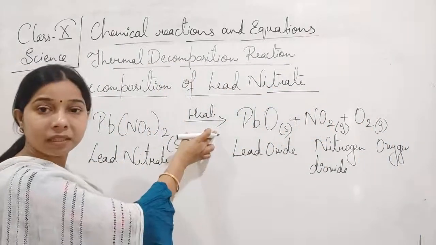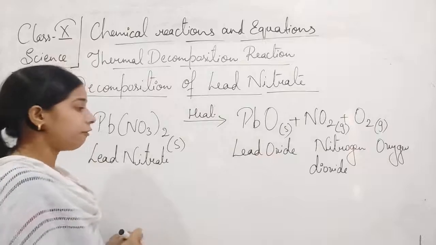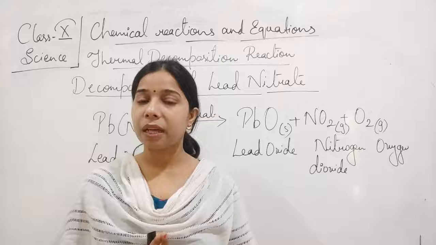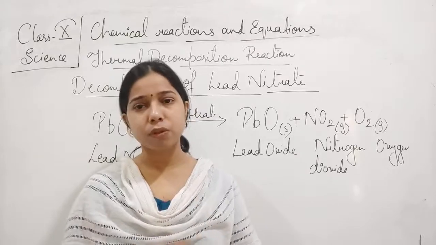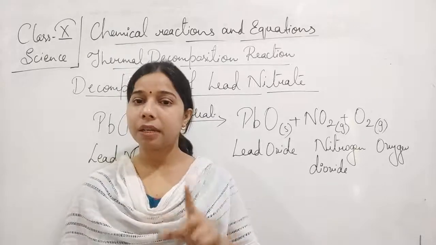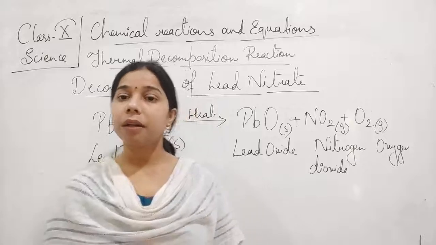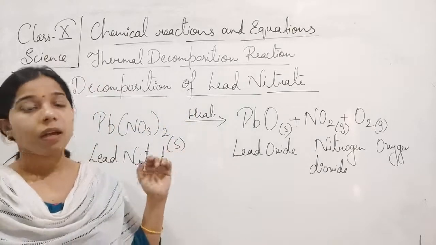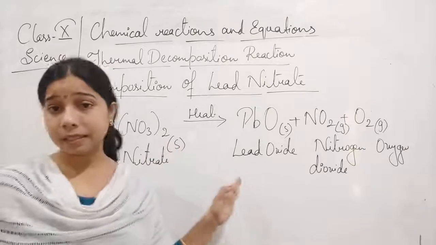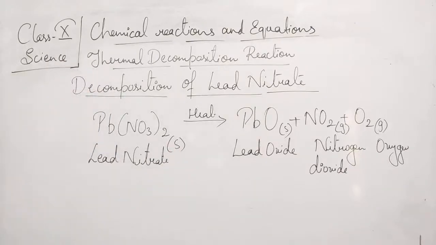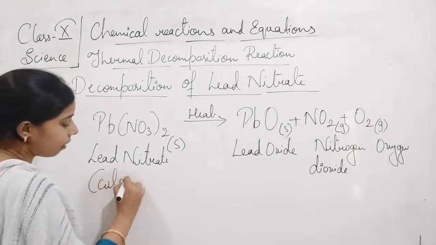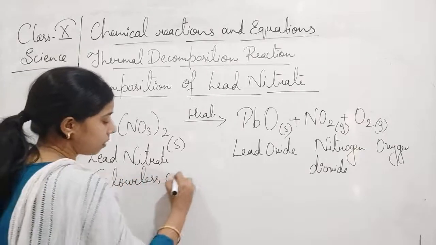We have supplied the heat here, due to which the formation of lead oxide occurs. How will we come to know that the reaction has taken place, students? First of all, we will take a test tube or a boiling tube, in which we will add a small pinch of lead nitrate. You will see that at this time the lead nitrate is colorless. It is a kind of colorless crystals.